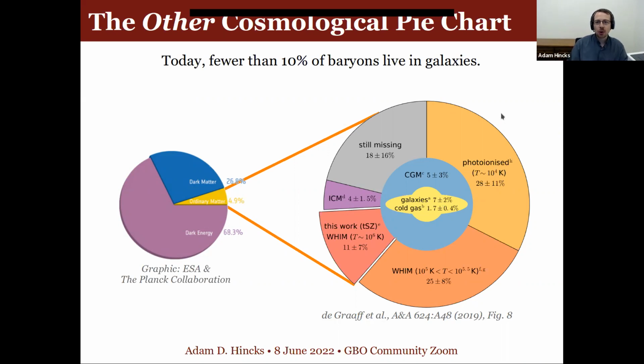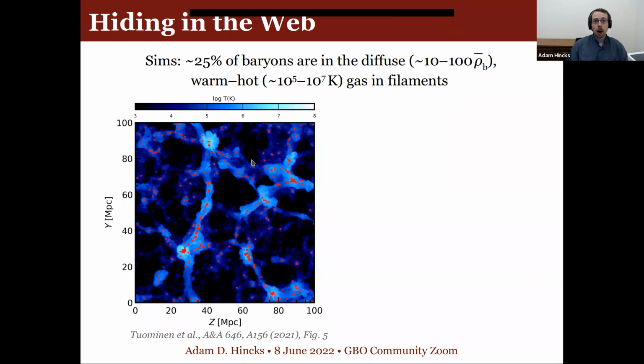And this led to the so-called missing baryon problem back in the late 90s, when people started taking censuses of the baryons in the nearby universe and found that it was really falling short of the total density of baryonic matter that's predicted by early universe cosmology. And over the past few years, there's been a lot of progress in starting to observe these missing baryons. But the reason that it's so difficult is that a lot of these baryons live in a state that's